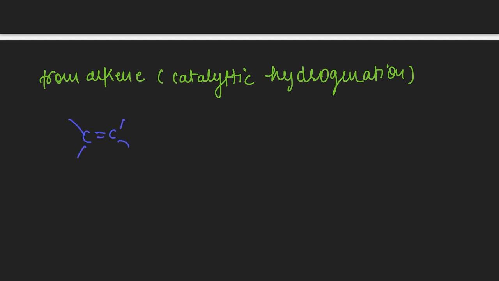we use H2 with Ni, platinum, or palladium as the catalyst, and it forms alkane. So what happens? We use a nickel catalyst. Let's say we use granules of nickel, a very fine powder of nickel. So it increases the surface area of the nickel,